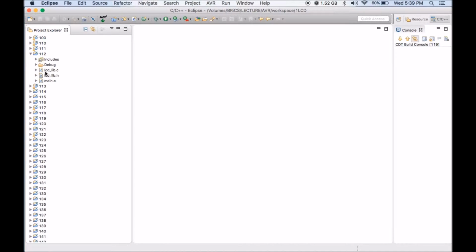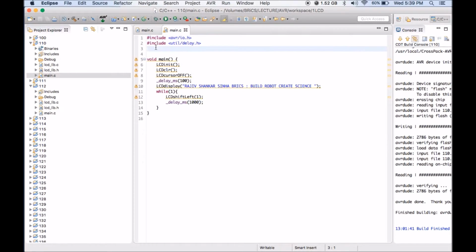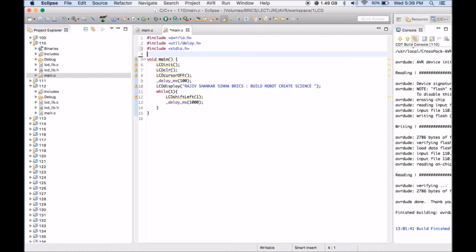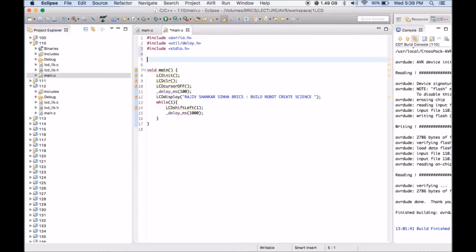So to start with, you must have some working code. In this code you just need to add an extra include: #include <stdio.h>. Now there is a function called sprintf. What exactly this function does is, whenever we are creating any string variable like char a equal to something like